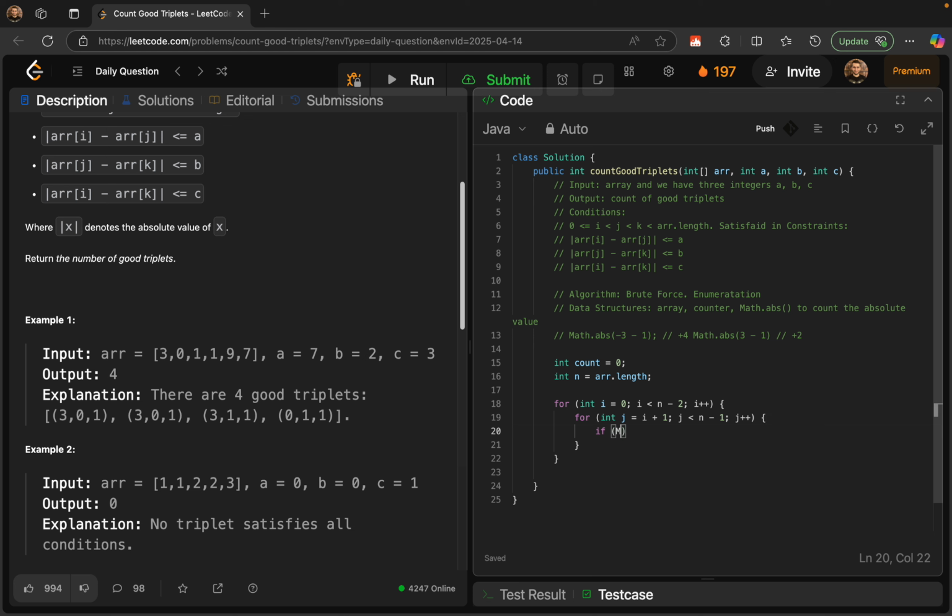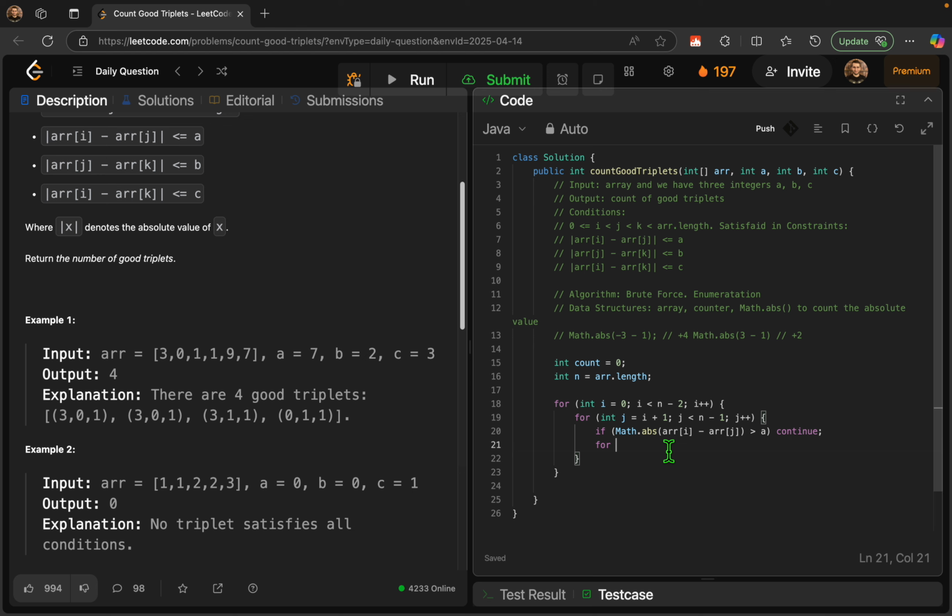To be precise, we use Math.abs on array I minus array J, and if the absolute value is bigger than A, not following the condition of equal or less, then we can just skip it and move on, saving us some time complexity by not checking the second